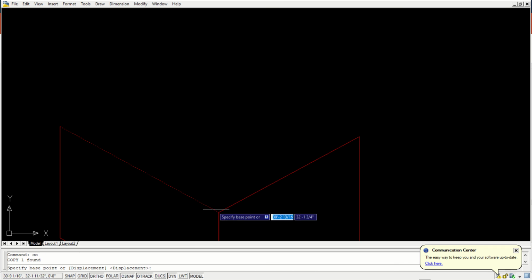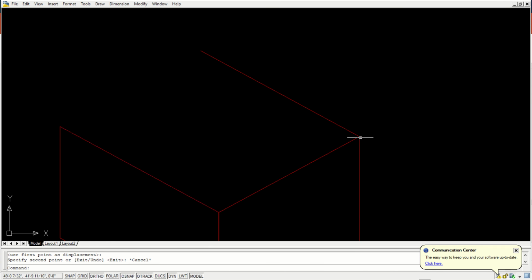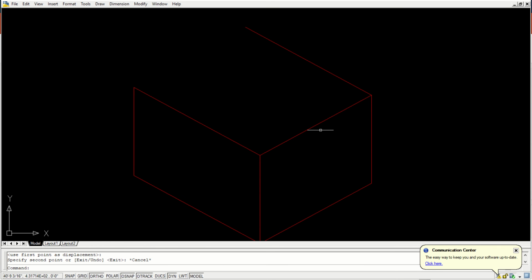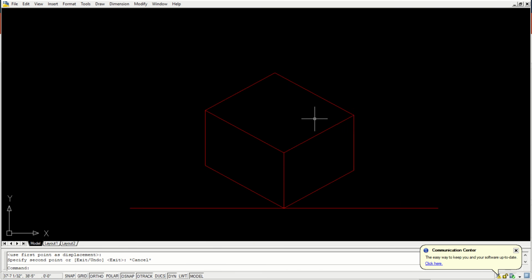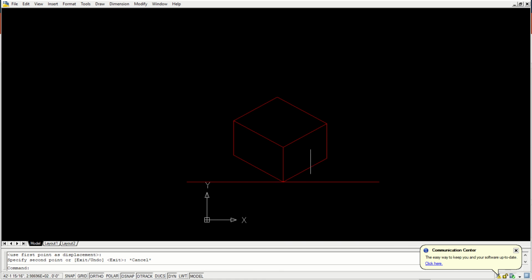So draw parallel line from this particular point. Okay, this line will be parallel to this line. Okay, draw a parallel line connecting these 2 points. Your isometric drawings are ready, as easy as that.